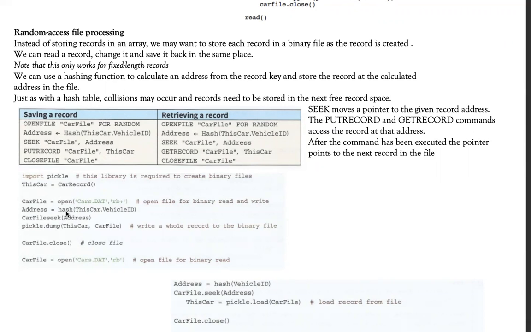You can use any sequence, you can use ASCII values, whatever you want. You use a record's vehicle ID, pass it to the hash function, and it will return an address. Car file seek is a subroutine that is part of the pickle library. I seek to this address, dump this record in the car file at the position that I just sought, and after that, I will close the file.